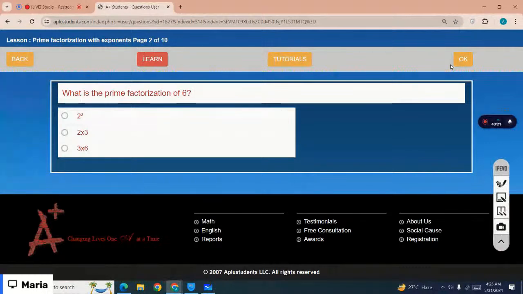What is the prime factorization of 6, which is the correct option? That is 2 times 3, option number 2 is the